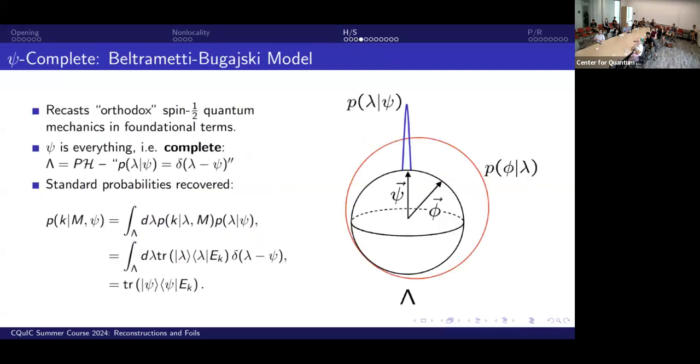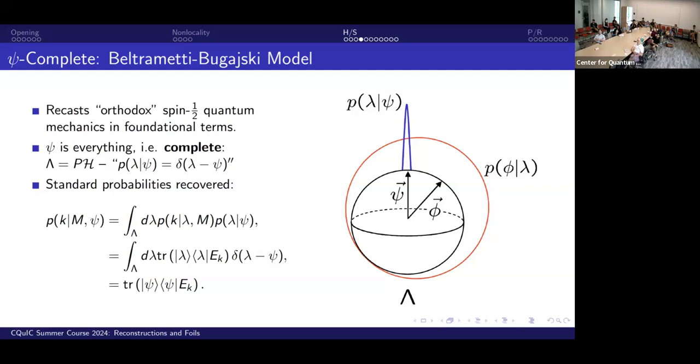They all describe it to a different extent, maybe with different levels of usefulness, and there are different ways of thinking about this. Now I'd like to quickly go over 3 examples. The details of these examples do not matter, do not get caught up in the math. What's important is just how these are examples of these 3 different kinds of theories. First, for psi-complete theories, is the Beltrametti-Bugajski model. I'm almost certainly butchering both names, so I apologize. But as the Reconstructions paper posits it, this theory is really just recasting standard quantum mechanics in this ontological model language.